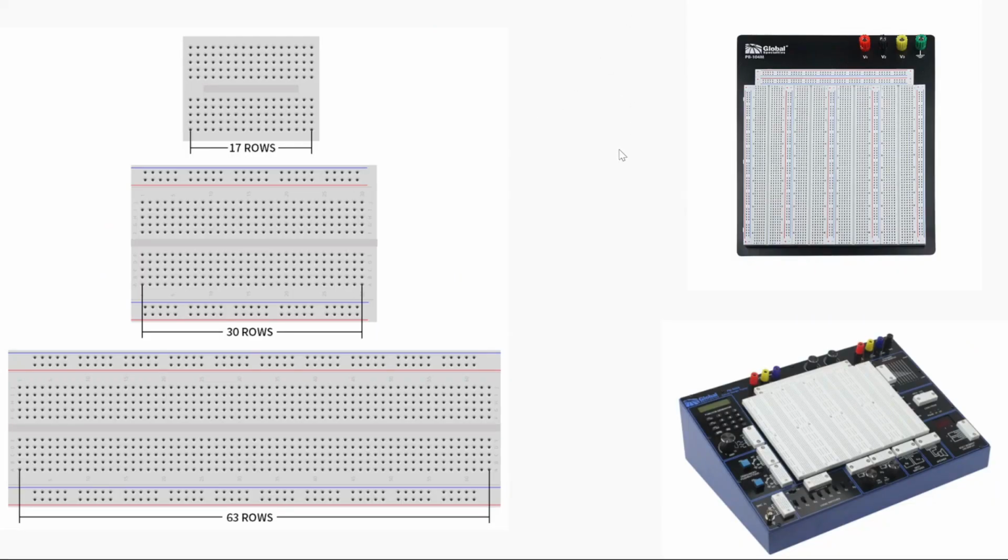But nowadays, these are the kind of boards we use. These are all breadboards, prototyping areas. You'll most likely be using this type of breadboard in your labs. But there are breadboards of smaller sizes, as you can see here. These are most commonly used: 63 rows. This is a row, as you can see here. Or 30 rows or 17 rows, or a breadboard like this,